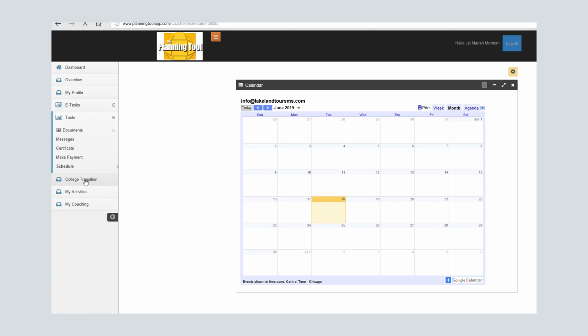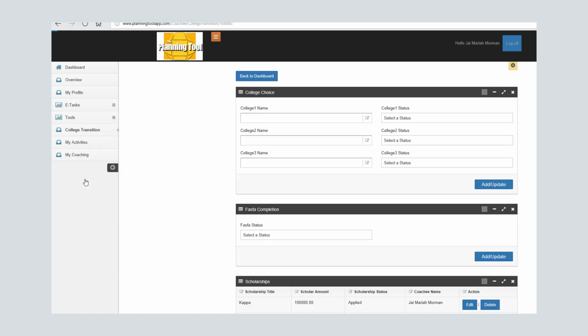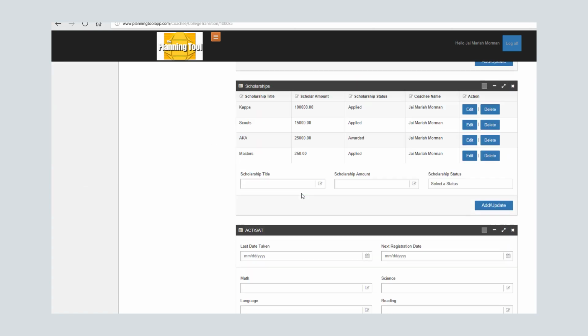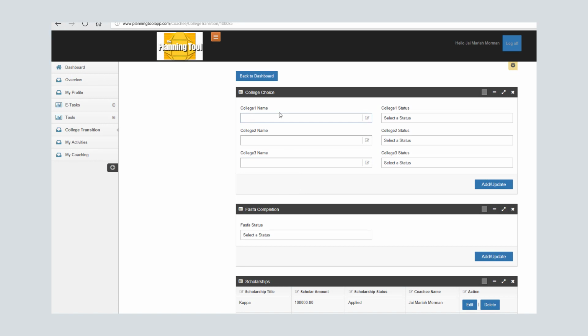All right, so this is a really big one. The next one is college transition. This is really big for upcoming juniors and seniors. It's going to require them to put some information in and allow you to keep track of it quite easily. And we'll flip back to the coach account to take a look at this. So the college tour, first is the college choices. So they can put